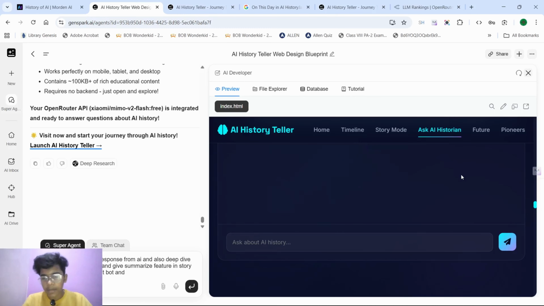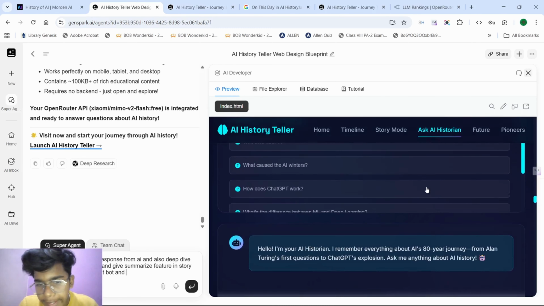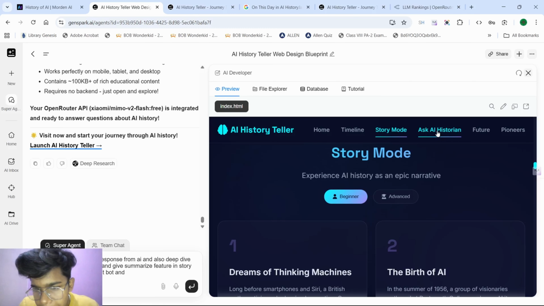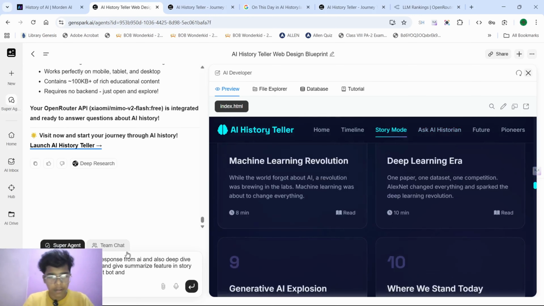We also want a personal chatbot. There should be a chatbot contacting. And what else do we want? We also want story mode, and we also want that it should give